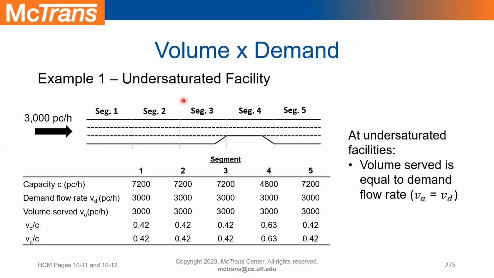An illustrative example that I want to go over because it's going to let us better digest what is demand, what is volume served, as well as a very unique and very important thing that HCM is able to do. And that is the determination of if our bottlenecks are active or hidden, and it is able to show you hidden bottlenecks because data